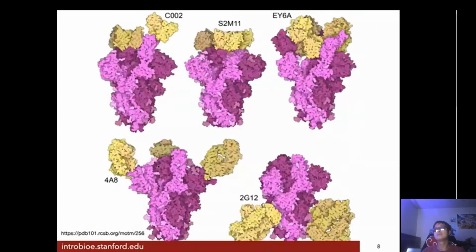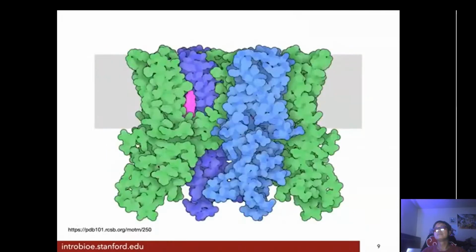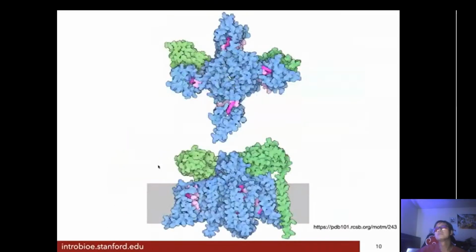How about this? What's this? SARS-2 spike protein and antibodies. All right, for preventing an infection. What's this? I see that gray box. Maybe it's another membrane thing. I have no idea. Capsaicin, a receptor for the spicy stuff. Whoa, how would I know that? Just by looking. What's this?